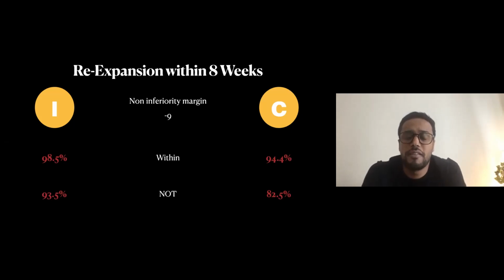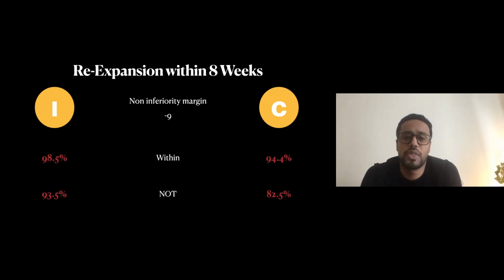This was a non-inferiority trial, and in the intervention group, they had 98.5% success in chest tube, and in the conservative group, they had 94.4%. Now, there was a lot of data missing in the follow-up, so they used the worst case scenario where